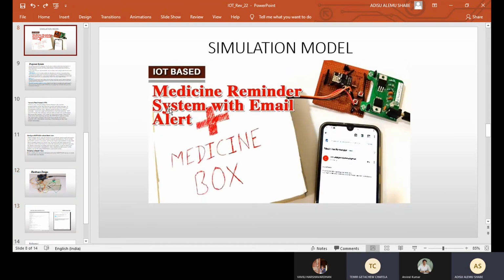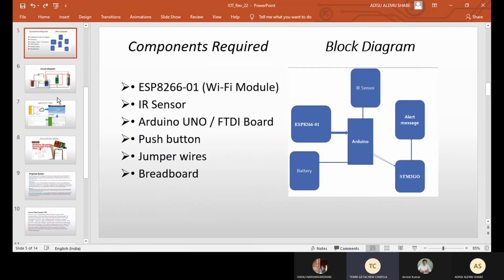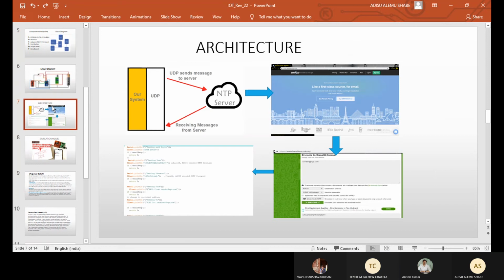Okay, so could you go to the architecture part? Yeah, sir. As Adisu started explaining, we are trying to do most of the hardware part. The software part I understood from Shabe.